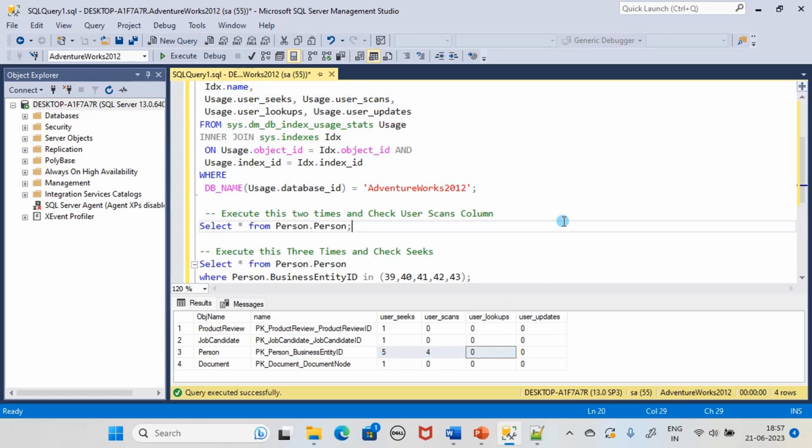Alright, here we saw how to calculate the index usage. That's all here in this video. And we are ending the index maintenance